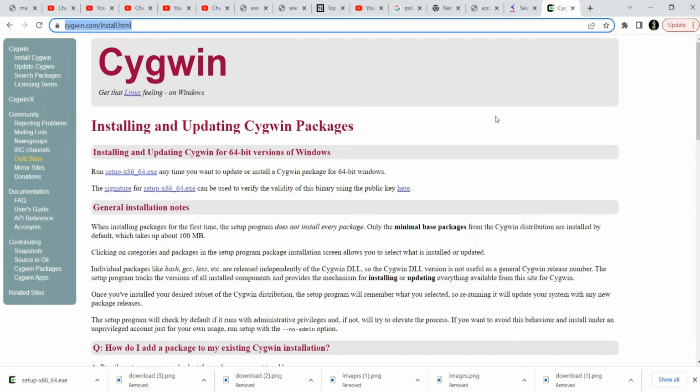Hi guys, today I'm going to show you how to run Unix commands in your Windows without using PuTTY. This is Cygwin, a software you can download from cygwin.com/install.html. This is the link. From here just download this Cygwin app and then